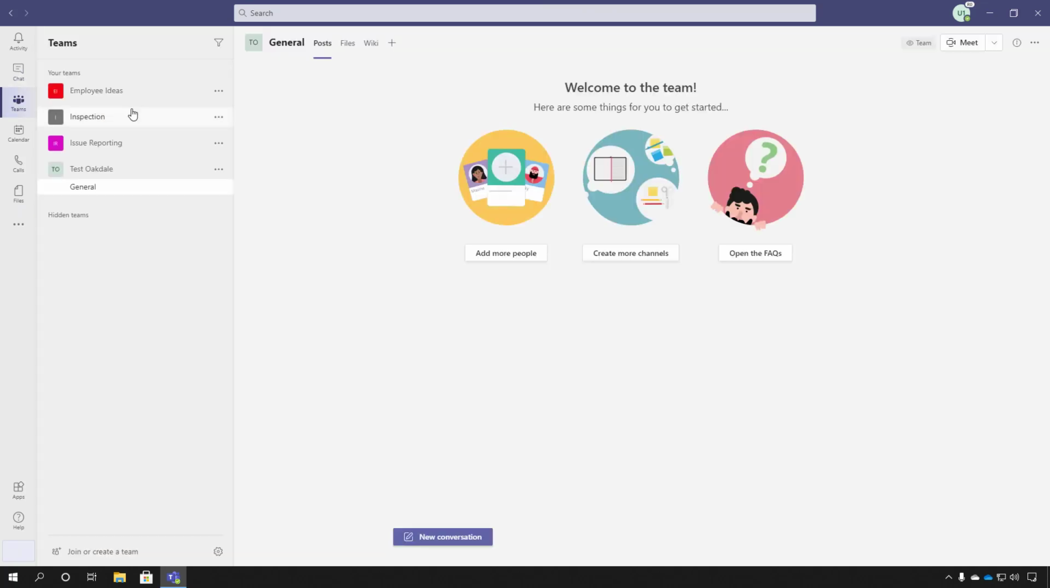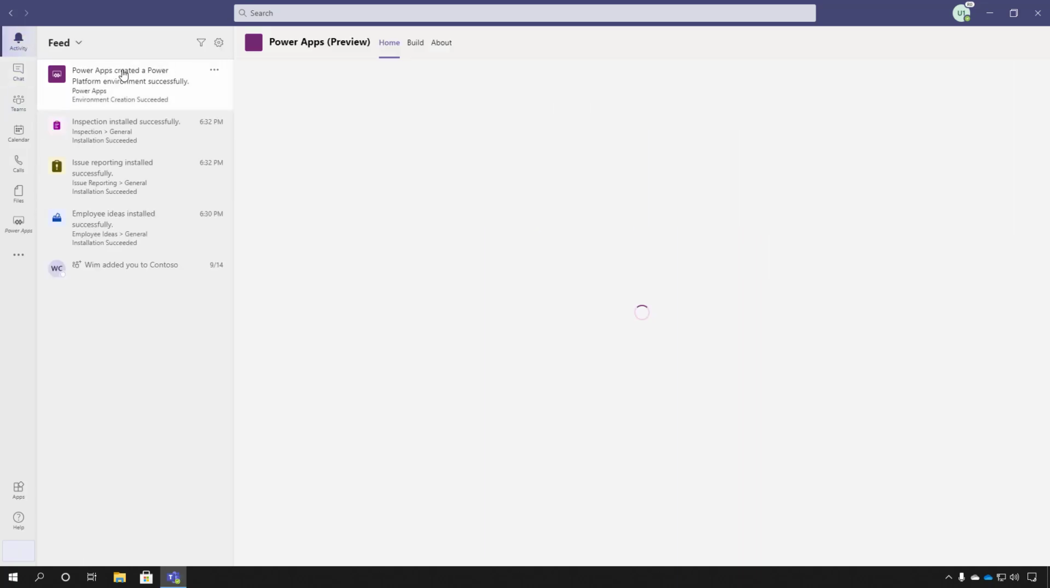But if I go back to my teams and I'm going to wait for a little while, we can see that activity will show a little icon so that we know that it has been created. So let's wait a little while for that. Okay, so it took a couple seconds. I'm going to cut a little bit out, but for now, it's really easy to see that Power Apps has